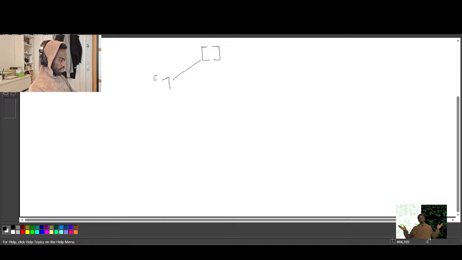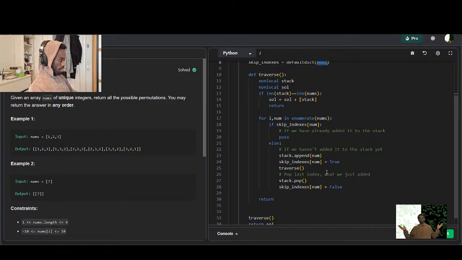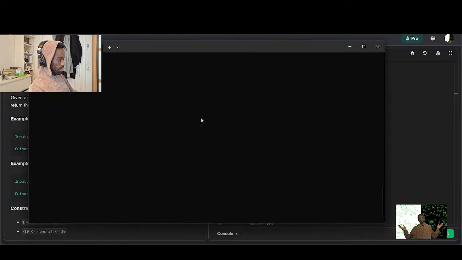We have this list, and initially we start and we add 1 to the list. Aha, all right, I remember. So in Python, the bool constructor returns false. So when you're using a default dict, which is in collections,